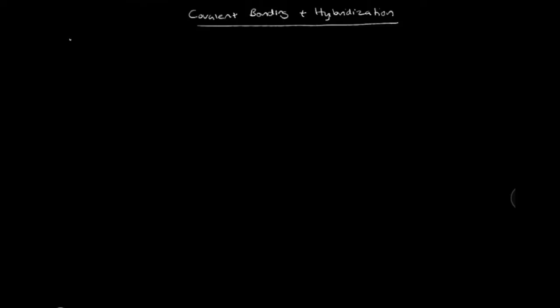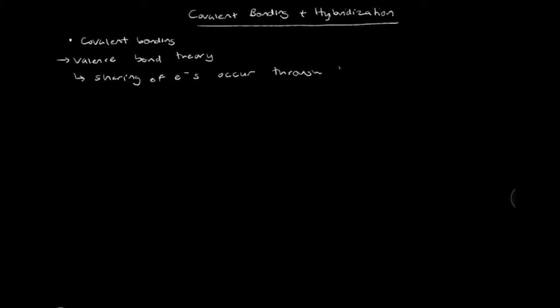Okay, so we discussed earlier that covalent bonding is a sharing of electrons, right? When we looked at covalent bonding, we looked at two models: the molecular orbital theory and the valence bond theory. For the most part, we can look at covalent bonding through the valence bond theory, which states that a sharing of electrons occurs due to orbital overlaps. So they occur through the overlap